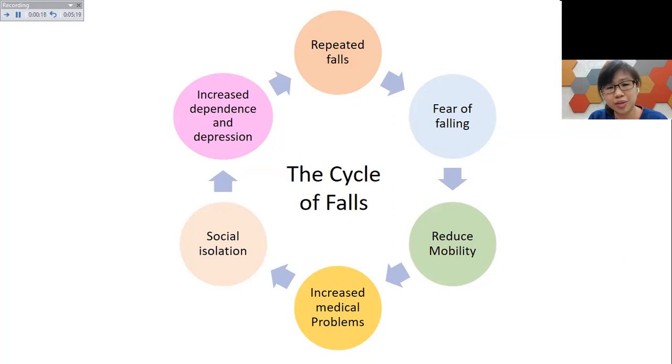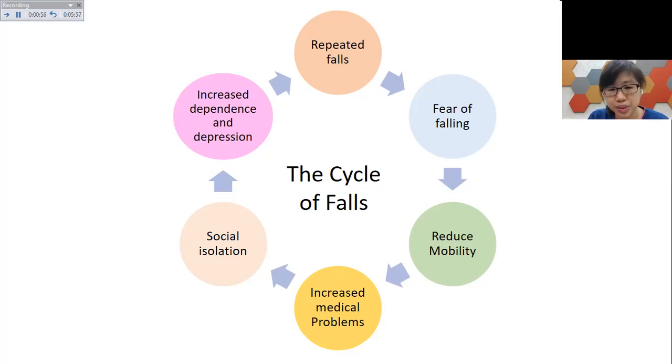And once this fear develops, it triggers the individual to refrain from mobilizing, hence reducing mobility, which has negative effects on our body's normal physiology, increases the medical problems such as pressure injuries, infection of the lungs and the urinary tract, and also with more medical problems resulting in social isolation and functional dependence and depression, giving rise to significant consequences of falls, as we have discussed earlier on,